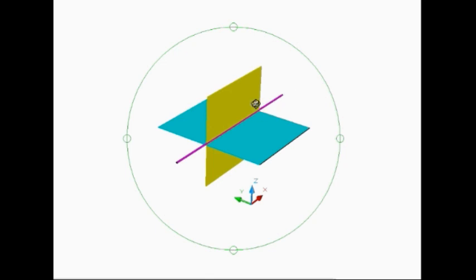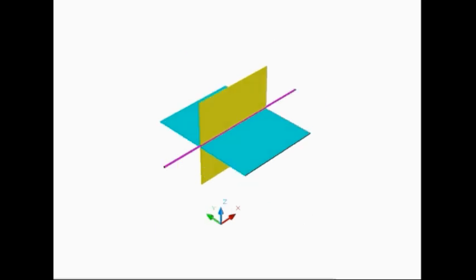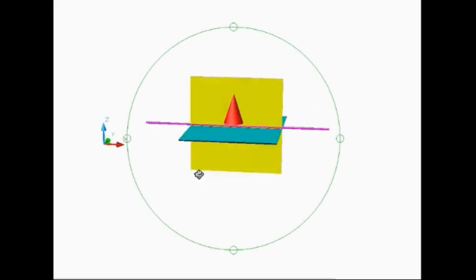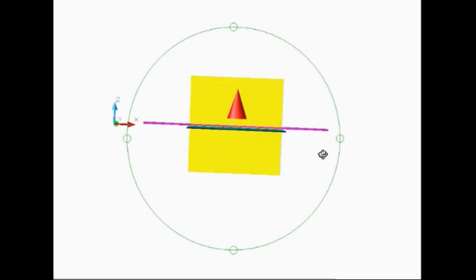So here if the object is kept in the first quadrant, we call it the first angle method of projections. Now suppose one object is put in the first quadrant. You can see this is a cone. This object is kept in the first quadrant, and now if we try to look at this object from the front side, then it will look like a triangle. Here you can see this looks like a triangle.